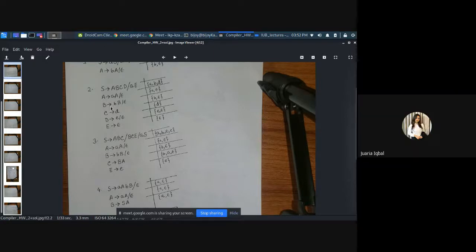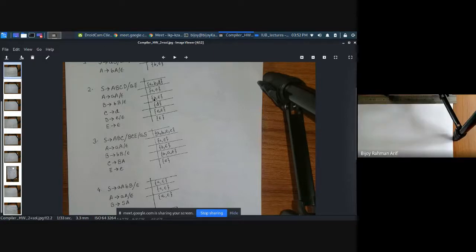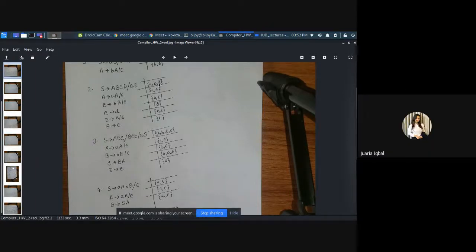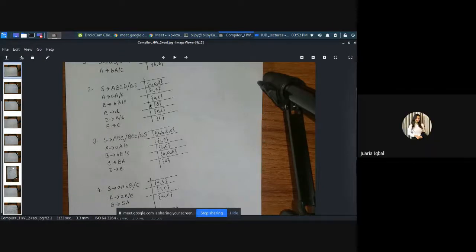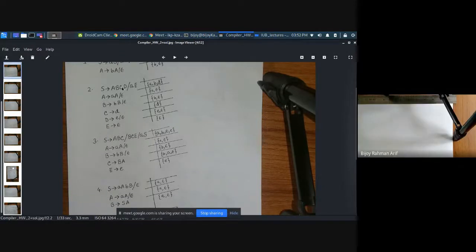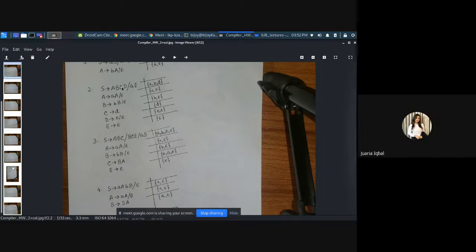So what is first of B? First of B is nothing but B, so let's put B. Then put epsilon. Then this B is crossed out, so C is exposed. What is first of C? D. So we put first D. After that we cannot go anywhere because there is no epsilon in C, so we have to stop here. We are done. Okay, I get it. Thank you, sir.